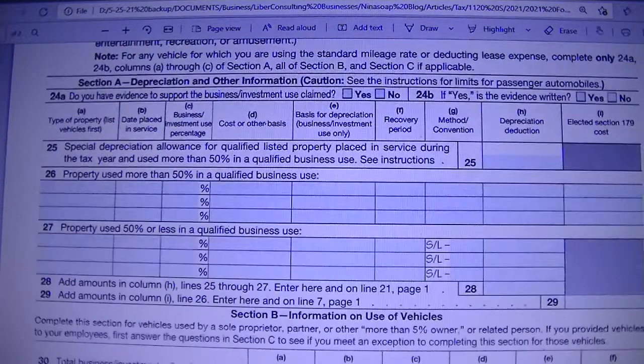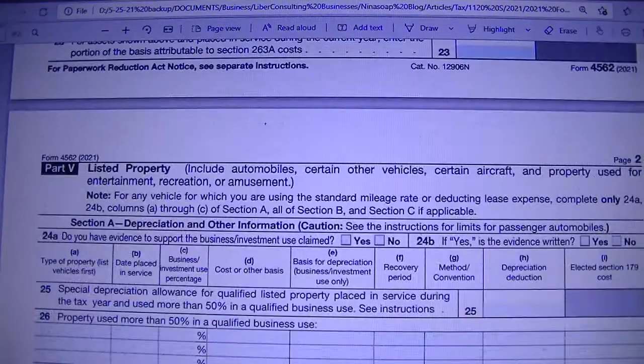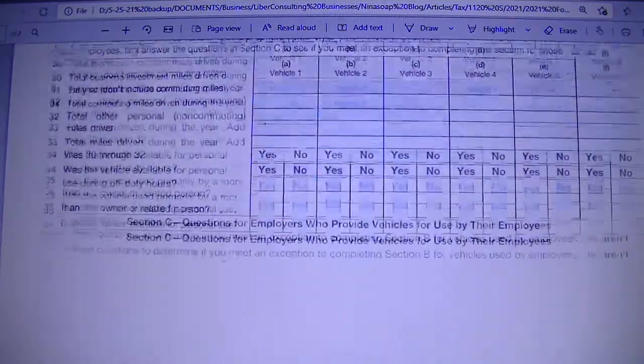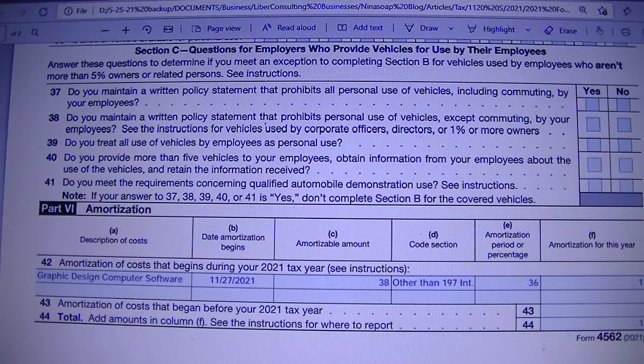But then we have amortization. So this form will have a listed property section as well for things you use for business and personal. And then you have the amortization section. So for a software purchase, we put it under amortization. It's because it's intangible, but software can be amortized or depreciated. I would say amortized for 36 months. So you are going by month. Therefore, you need to know when you put it in service to count the number of months you use it during that year. So I have a spreadsheet that